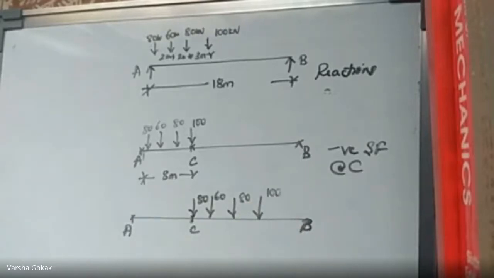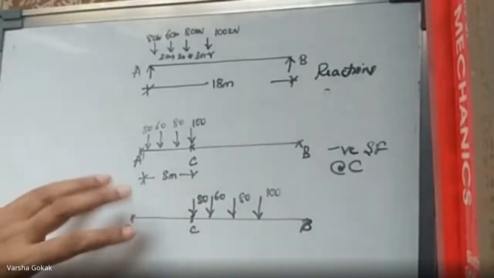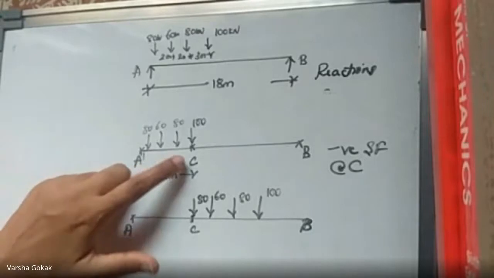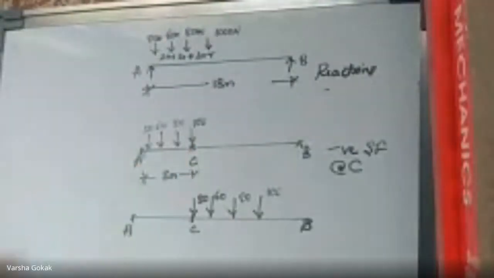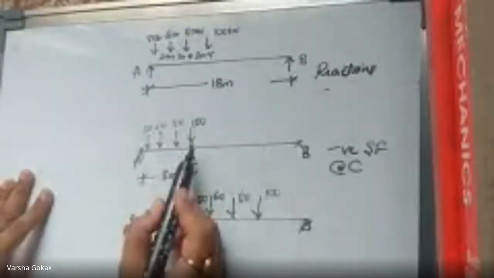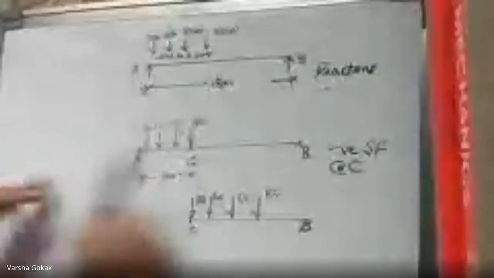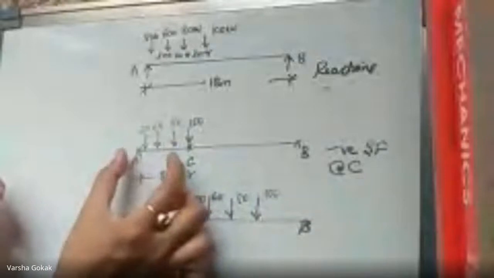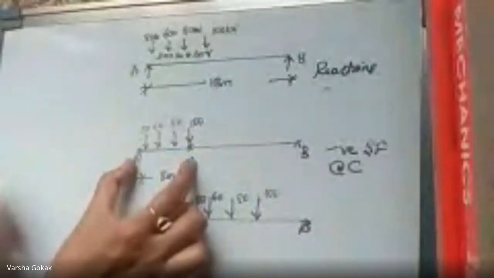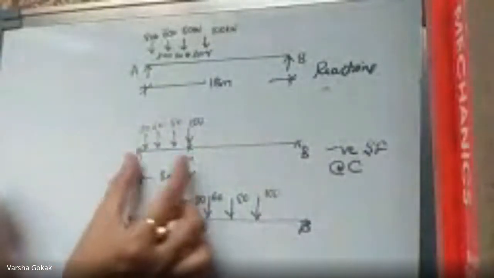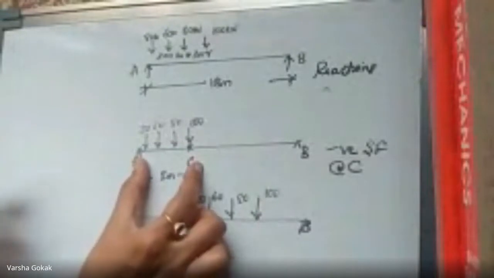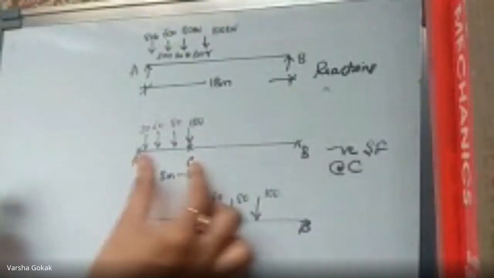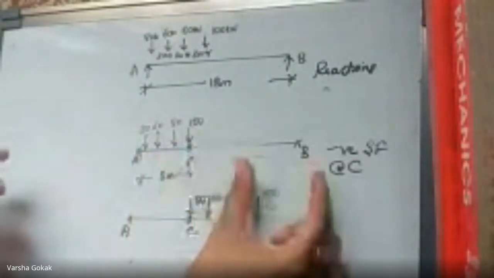When you read the textbooks, they say, if you want to get shear force at C, any point on the beam, say point C, these moving loads, the moment they enter the beam from A to this point, in this portion AC, you will have a negative shear force. And when they cross this portion C, you will get a positive shear force. This is the statement that is written in the textbooks.